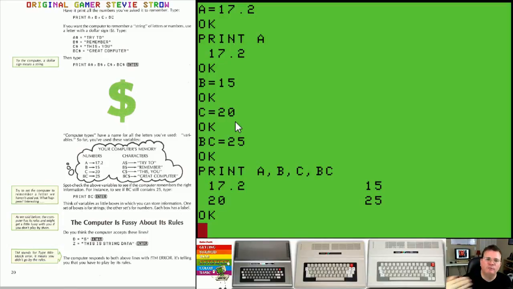We then said, show us back what you remember. And now it says if you want the computer to remember a string, and if you remember from chapter 1, a string is text that's wrapped in quotes. If you want the computer to remember a string of letters or numbers, use a letter with a $ sign for the variable. So if we type in a string,